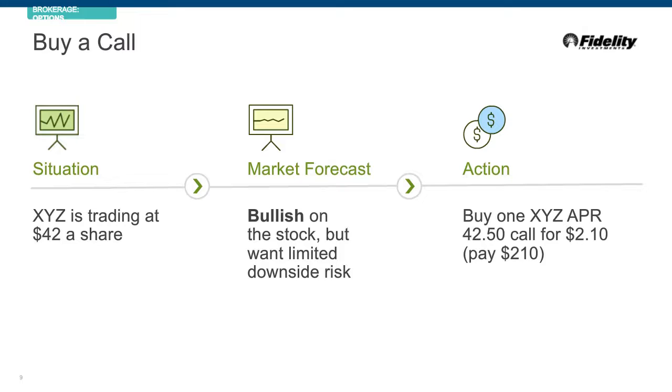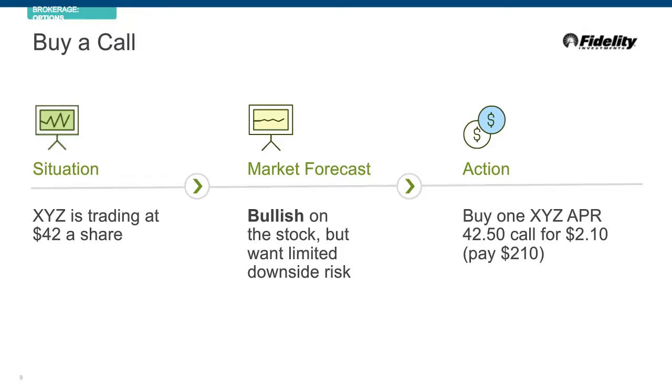So we have all that downside risk in the share price. But when purchasing an option, we can actually limit our risk when comparing it to the stock transaction that we might do otherwise. So in this example, we're going to go in and buy a call option. On stock XYZ, we're going to buy the April call option, the 42.50 strike, and that call option is currently trading at $2.10 a contract. You'll notice when we write out the option premium that we write it in terms of per share of stock, because typically the option represents 100 shares of stock. So the full amount we'll actually be paying is $210,